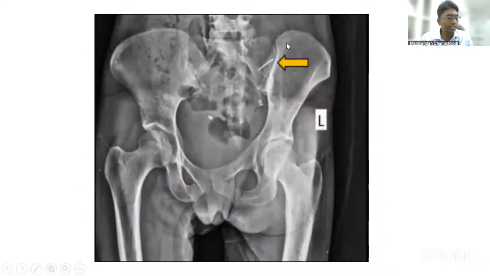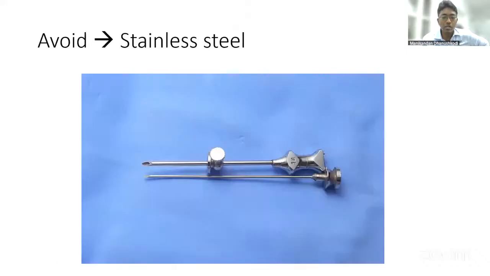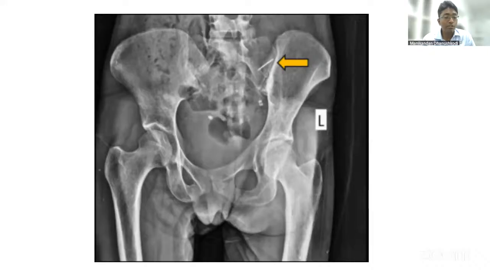If there are any residents, can you comment on what this X-ray is showing? If you look at the arrow, that is a small needle. It's a broken needle in the posterior superior iliac crest. Some of these stainless steel needles, earlier we were autoclaving and reusing. Some of them are very thin, and especially if it is a very obese patient or pre-treated patient, sometimes these bone marrow needles can break. This could be a very serious problem wherein you have to immediately involve an orthopedic surgeon under general anesthesia. In somebody with acute leukemia, you may not be able to do it.